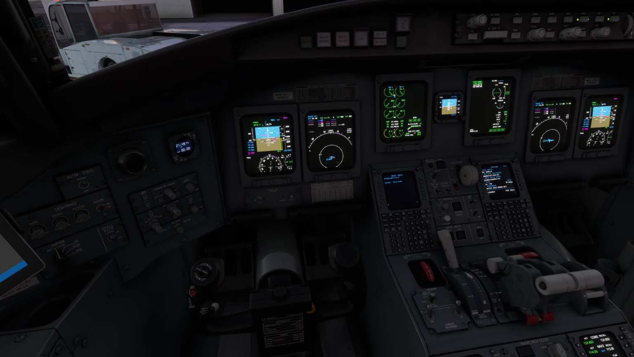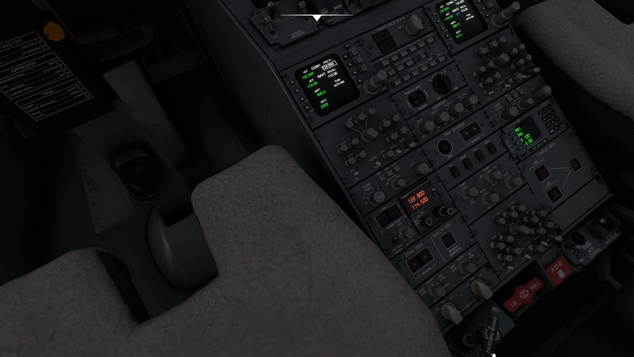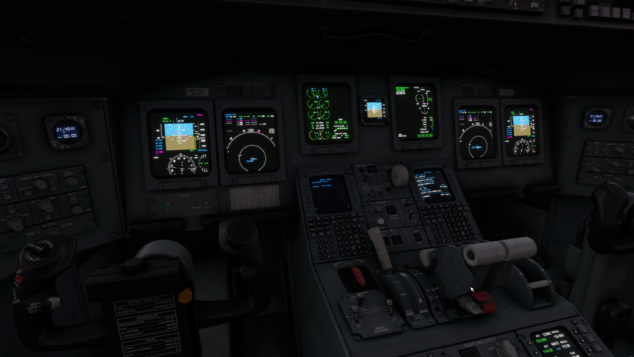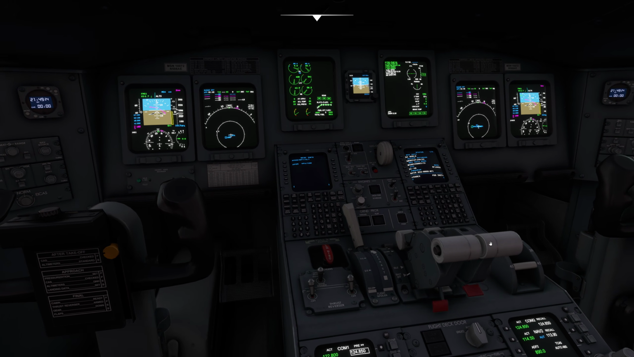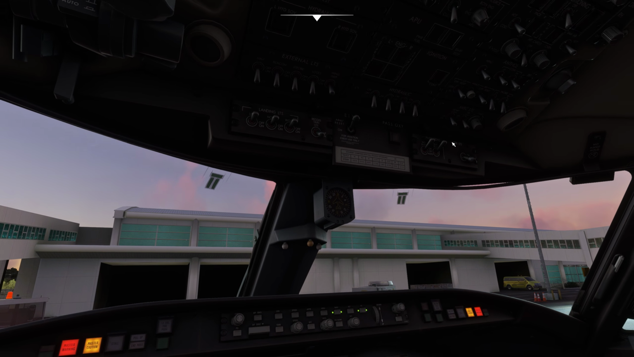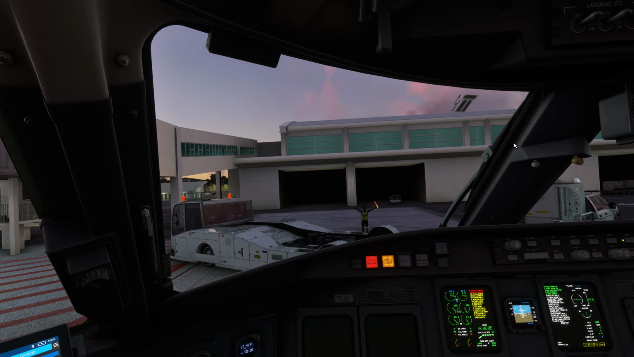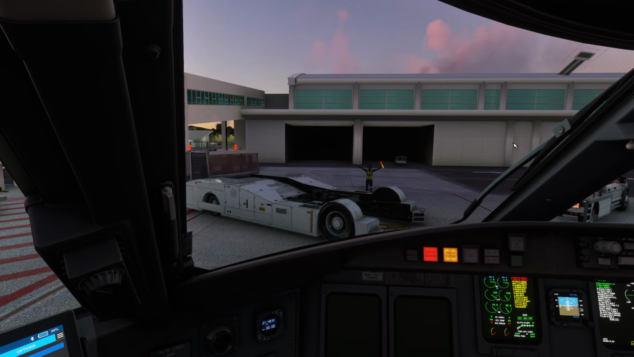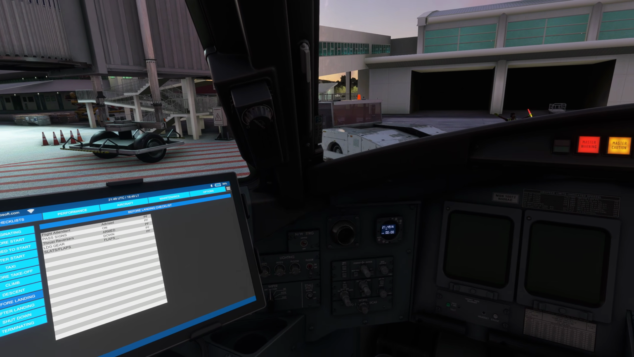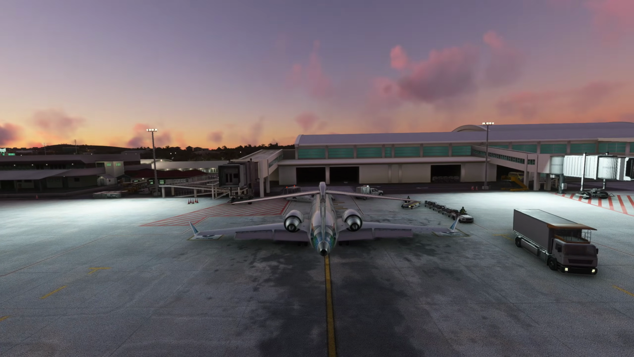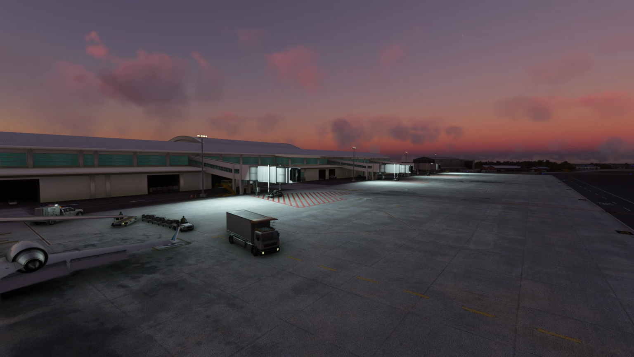There we go. Let's put on the parking brake here. And let's shut down the engines. And before the passengers start screaming and hollering and yelling for their rights, let's turn that off. So, there it is. And this right here, this gorgeous scenery,